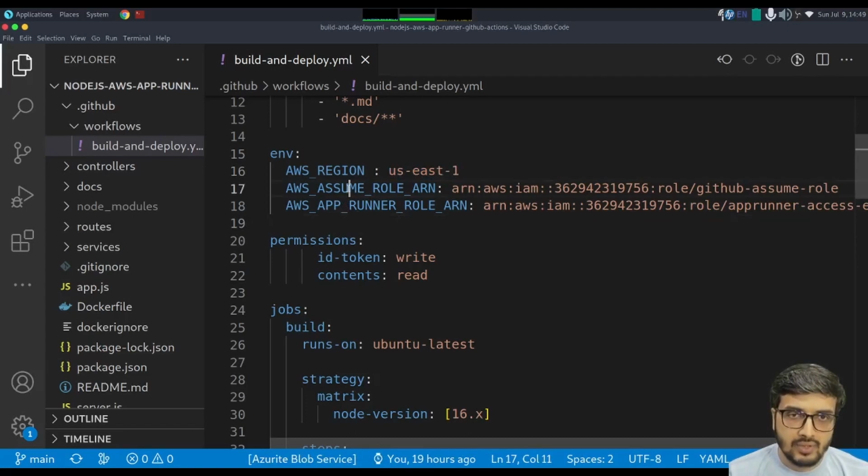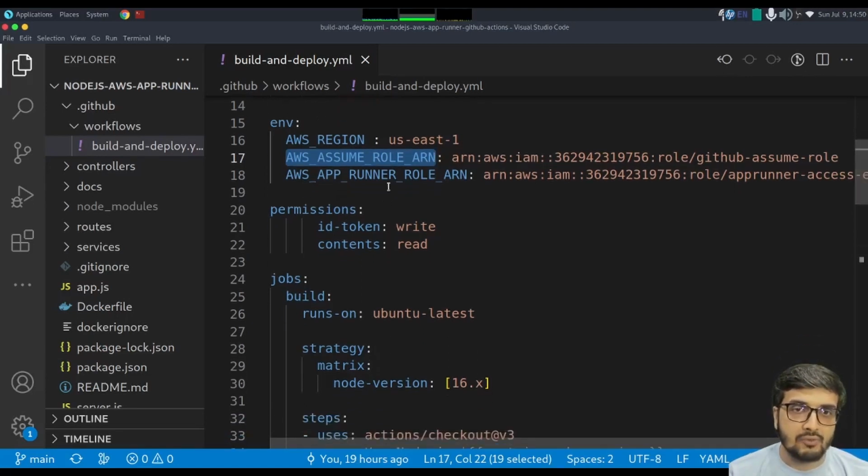And then we have a role. This role is basically for GitHub Actions to interact with the AWS environment. We also studied this in the last session, the React deployment session: how do we create this GitHub assume role? We will talk about this, not in detail, in this session. If you want the detail, you can refer to the earlier video. Now the next is this environment variable,